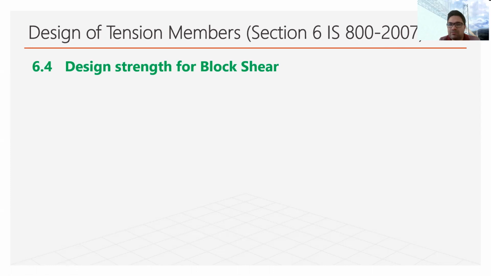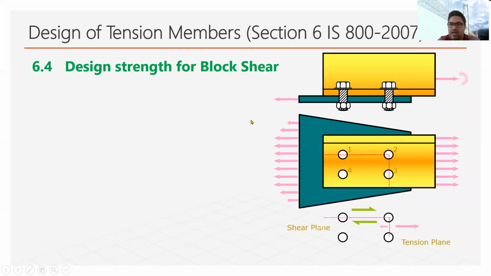First we need to understand what block shear is. With this diagram, I hope you will have a clear idea. In block shear, if there are a number of holes and the spacing of the holes is not sufficient, sometimes the whole block of the section may shear off. Such kind of failure is also found in some steel structures, so in the tension design, we consider this block shear failure also.